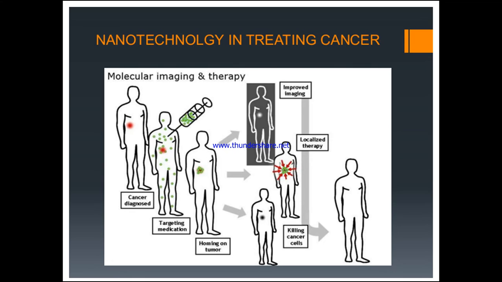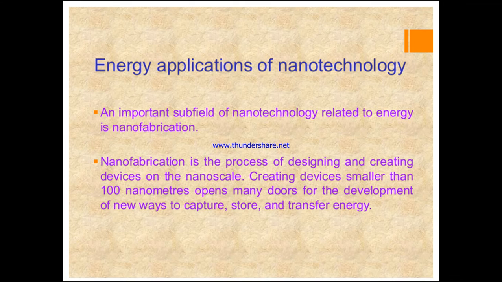So cancer diagnosis, targeting medication, homing in on the tumor, that is where exactly the tumor is, and on that they are going to give the treatment. Improved imaging, localized therapy, killing cancer cells by using nanotechnology, at exactly the same point where chemotherapy would act, they can go for curing of this cancer by using nanotechnology. Energy application, we have talked about the energy application, a subfield of nanotechnology related to energy is